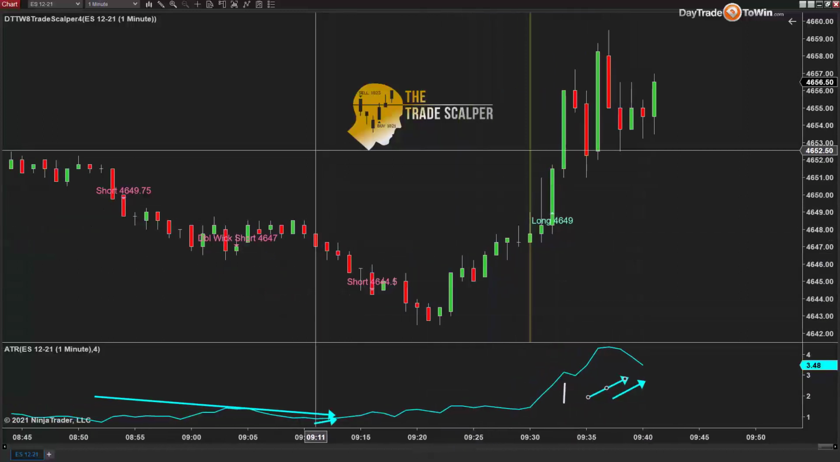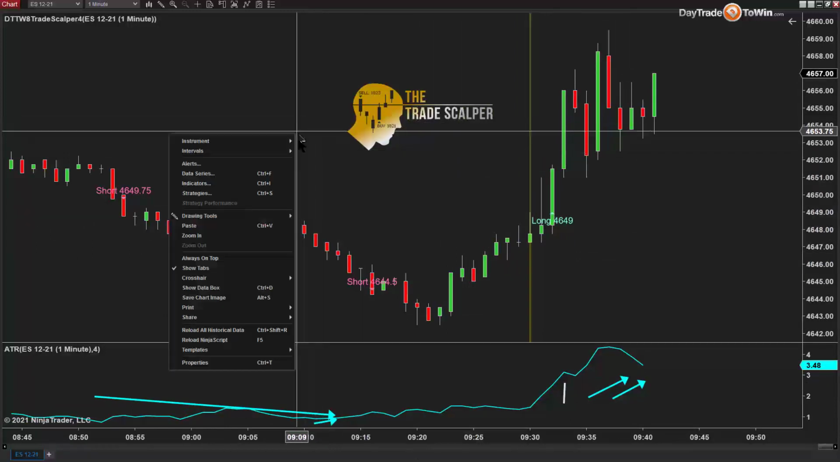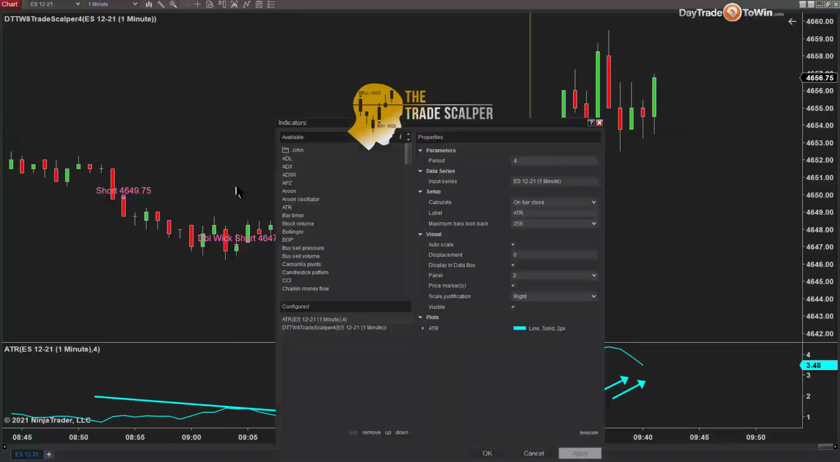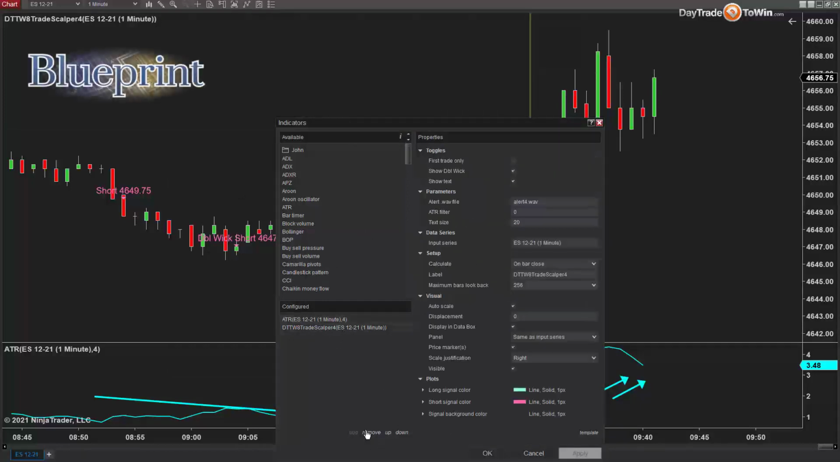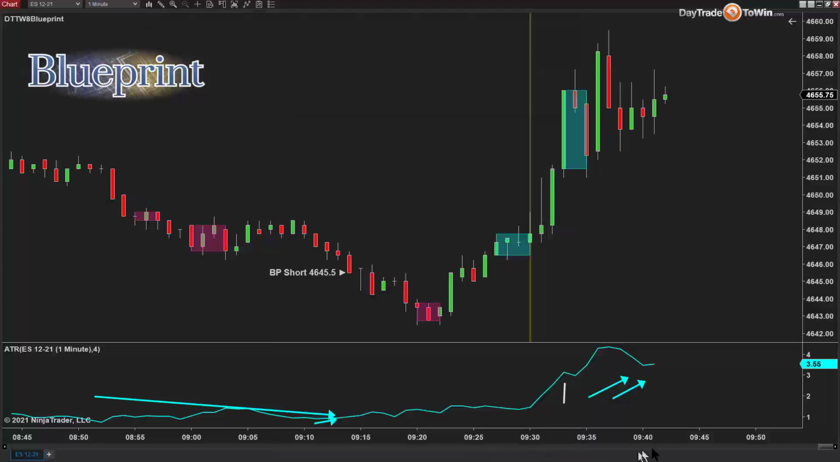If you want to look at the Blueprint software, the Blueprint program is a program that we've had in mentorship for a while, and it was always done manually, but now I have it programmed as software. So I'm just going to remove the Trade Scalper here and add the Blueprint, which is right over here, and we'll see what that looks like. Okay, so the Blueprint creates these shaded boxes, and once the market moves away from these shaded areas, there's